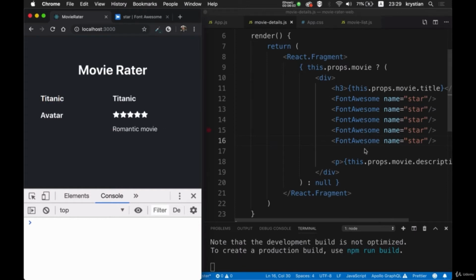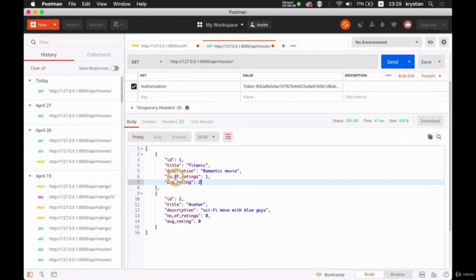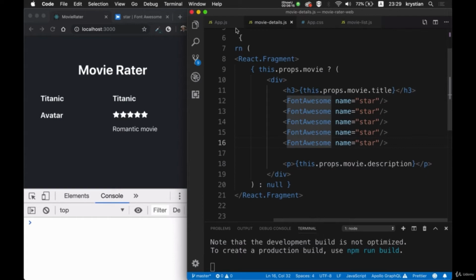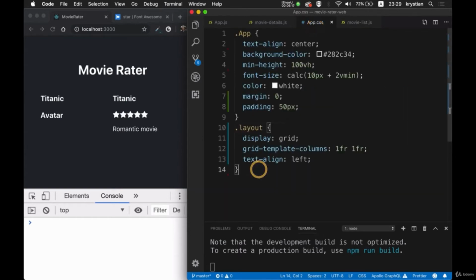So what we need to do here is, based on this average rating, we need to set some colors on this. So what I will do is I will create a new class, and I will call it orange. And that's going to be color orange. I can do it like that. So we have that class available for us, and I will apply this class for each star that met the